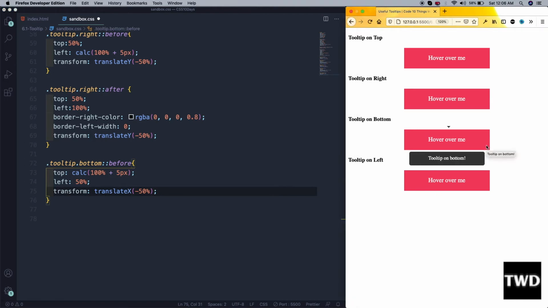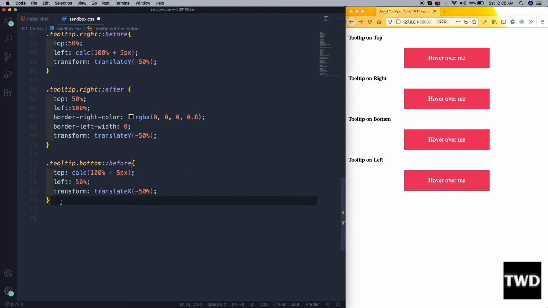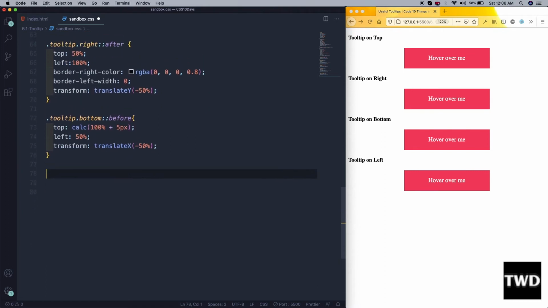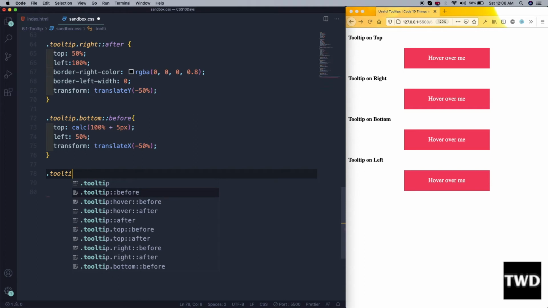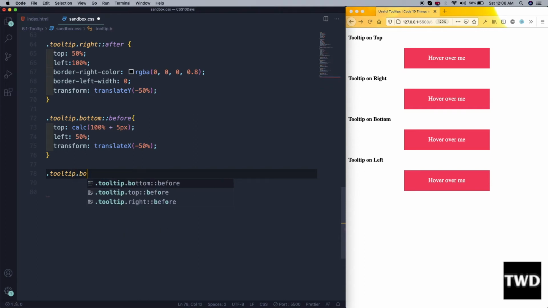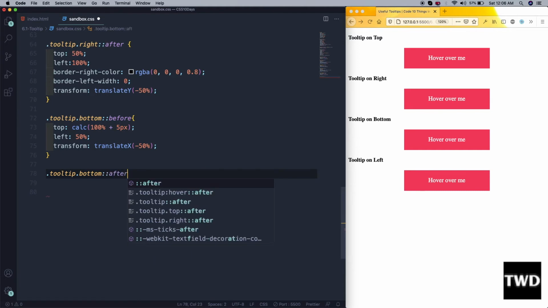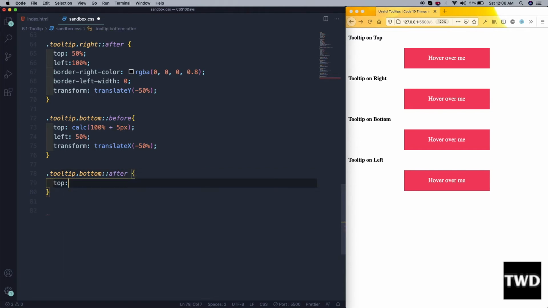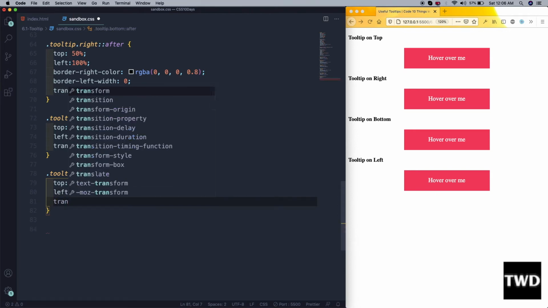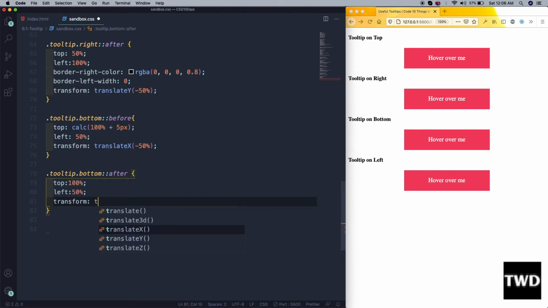This bottom, see, bottom one is coming as right. Now this triangle we have to move to the right place, so for that, .tooltip.bottom:after, top is 100%, left is 50%, transform translateX minus 50%,